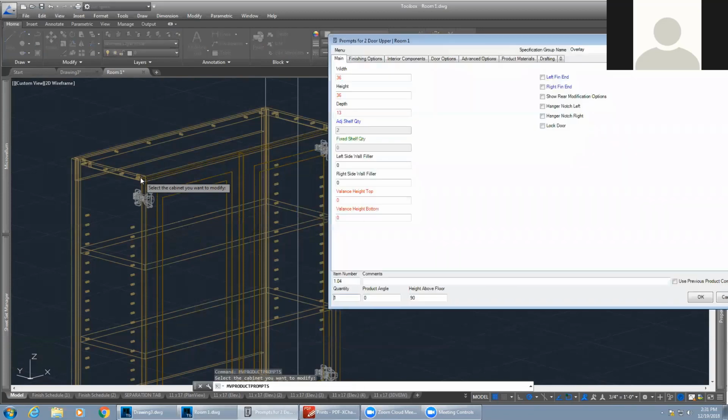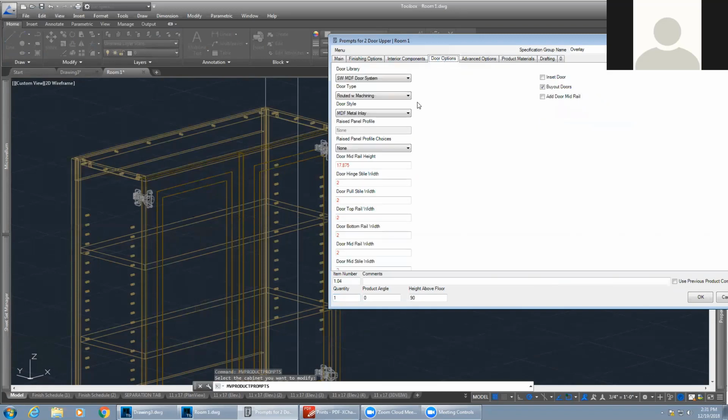So what we did is we built this door as a subassembly option inside of our product library. Okay, so we have a metal inlay door on an MDF core, so we can have that as walnut or cherry or whatever the veneer needs to be for a specific job. We control that in the material file. But now, because it's built in as a subassembly and we understand the